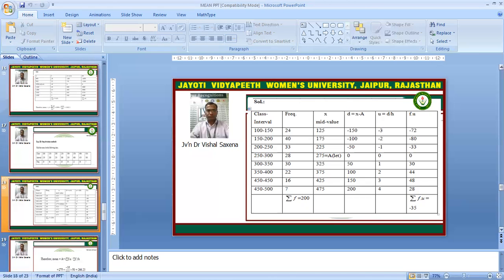So we have taken the assumed value as 275 from the column of x, and then we calculate d equal to x minus A,